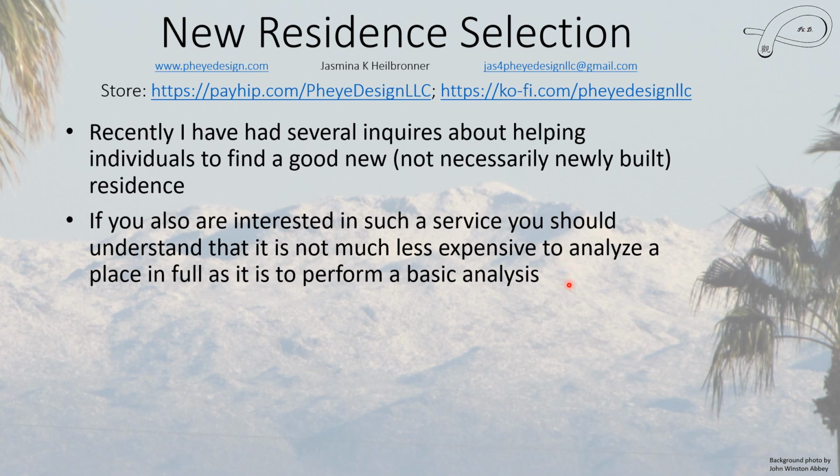Now, if you're also interested in a service such as this, either by me or by anybody else, it's totally fine, I don't care. There is one thing you should know: a decent, that is a basic, analysis is not that much less expensive than a full analysis. Now, a full analysis usually will include more